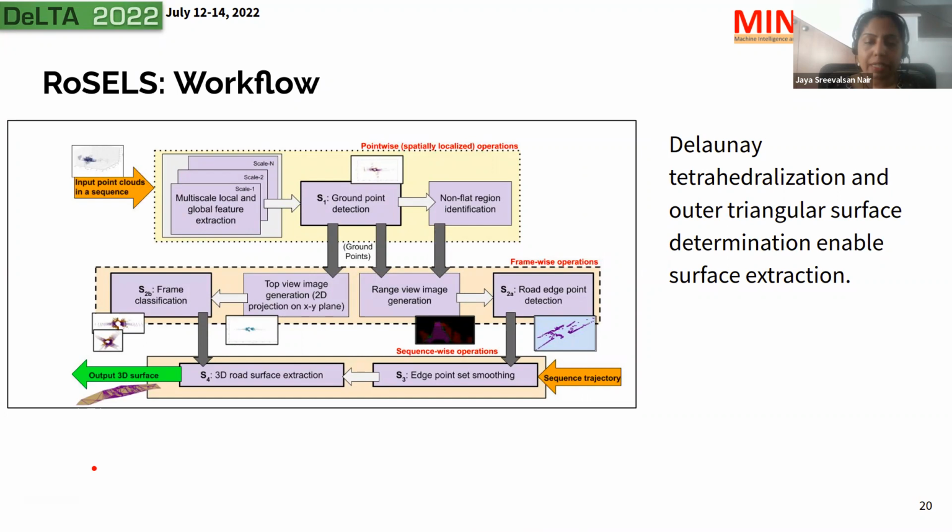Now we are in the final step, S4, in RoSELS. We extract the 3D road surface using Delaunay tetrahedralization of the filtered edge points. Here we have not used any other interior points, as we are focusing only on the straight roads. From the tetrahedra that we extract, we now take the topmost triangular surface as the road surface, thus constructing the